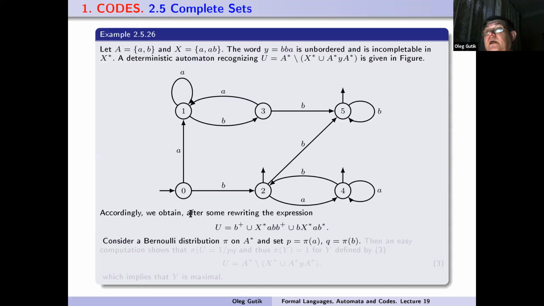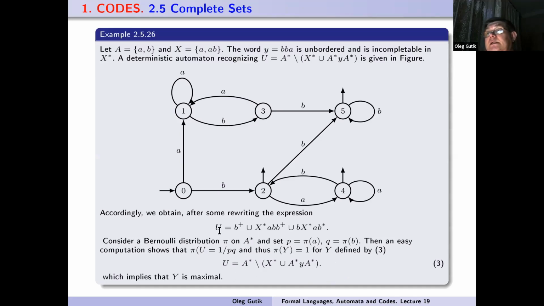Consider the Bernoulli distribution pi on the monoid A capital star and set P is equal to pi of A, Q is equal to pi of B. Then an easy computation shows that pi of U is equal to 1 divided by PQ, and thus pi of Y capital is equal to 1 for the set Y capital defined by formula 3,